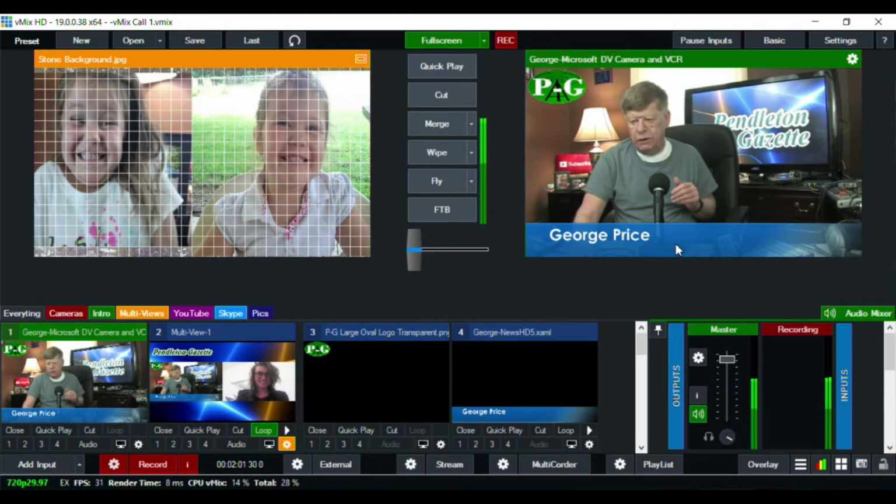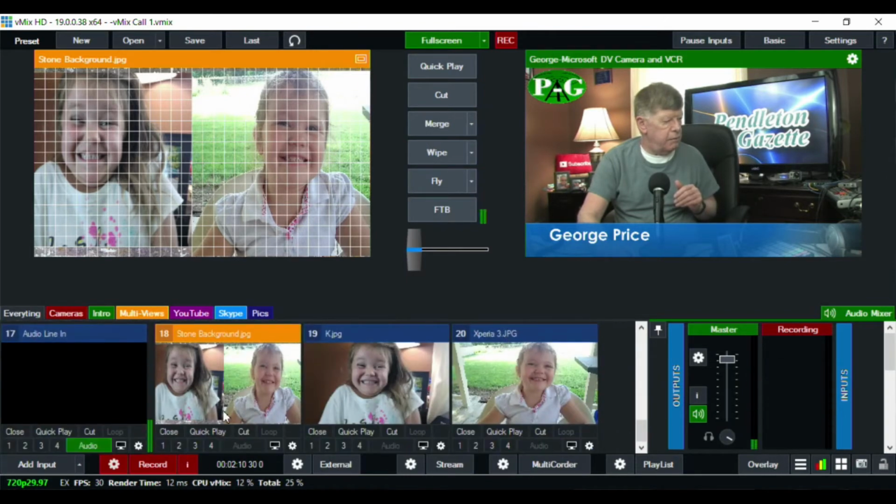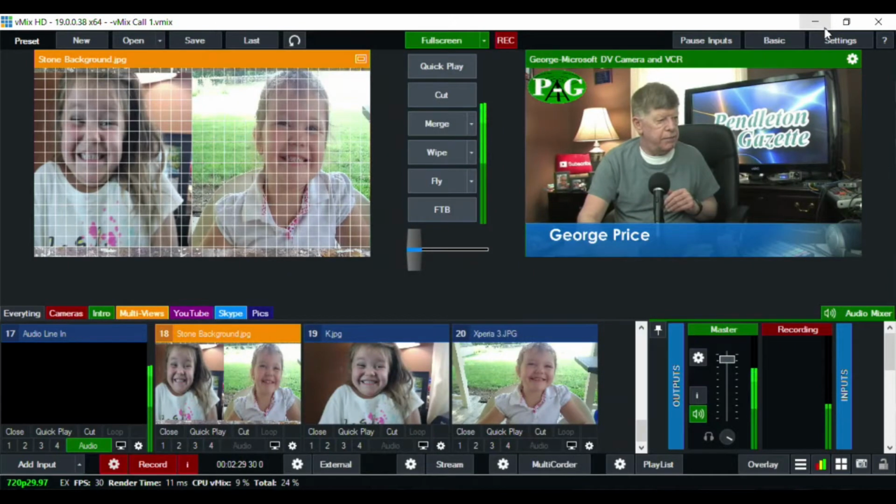And what we want to do is resize this picture to be the same as the one on the left. Now, let me find that multi-view. And what we're going to do on this picture here, we're going to pan that up. So I'm going to use the Y2, and I'll pan that picture up so it's the same as the picture